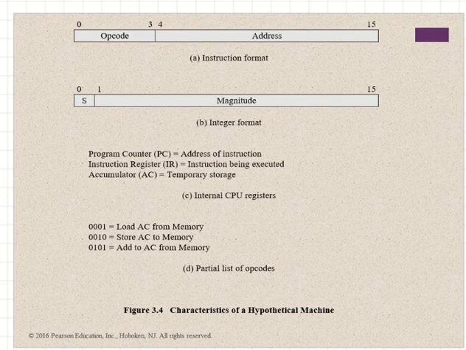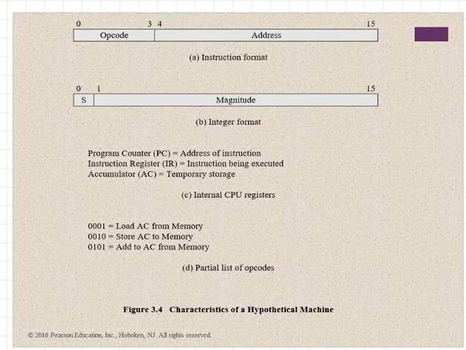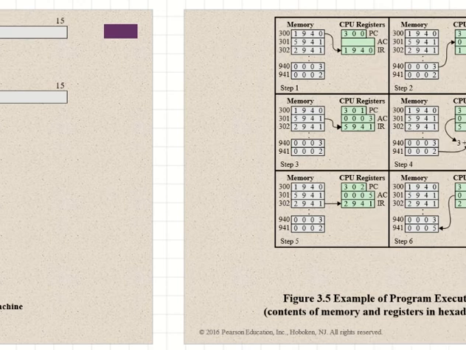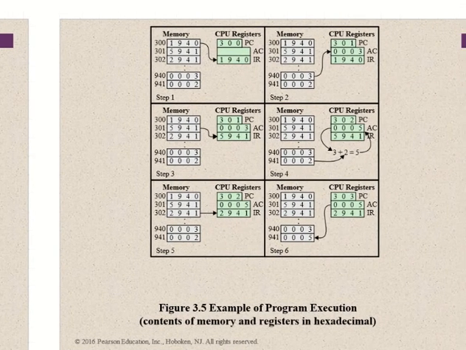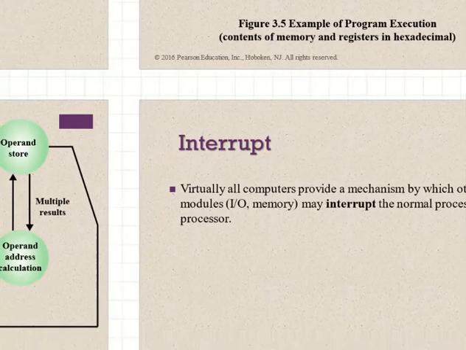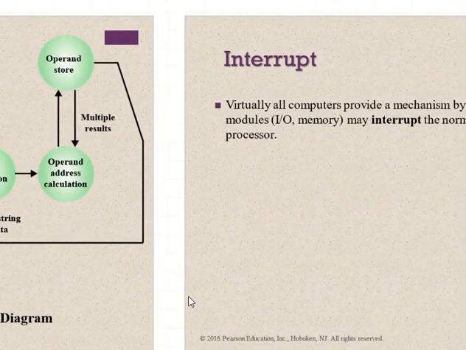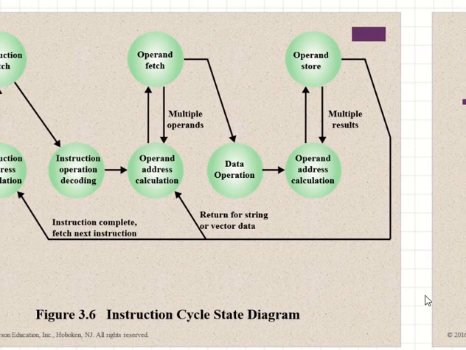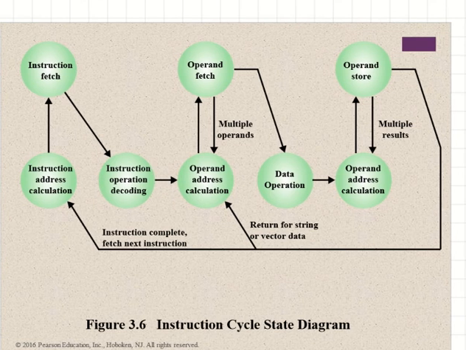So let's look into this: the instruction format, and this is the example of how it works. There are 3 instructions given and how the 3 instructions are executed. So I guess you understand from this. Now let's move on to the complete diagram of the instruction cycle. The previous one we saw is a very basic diagram. That's what it's called, the basic instruction cycle.